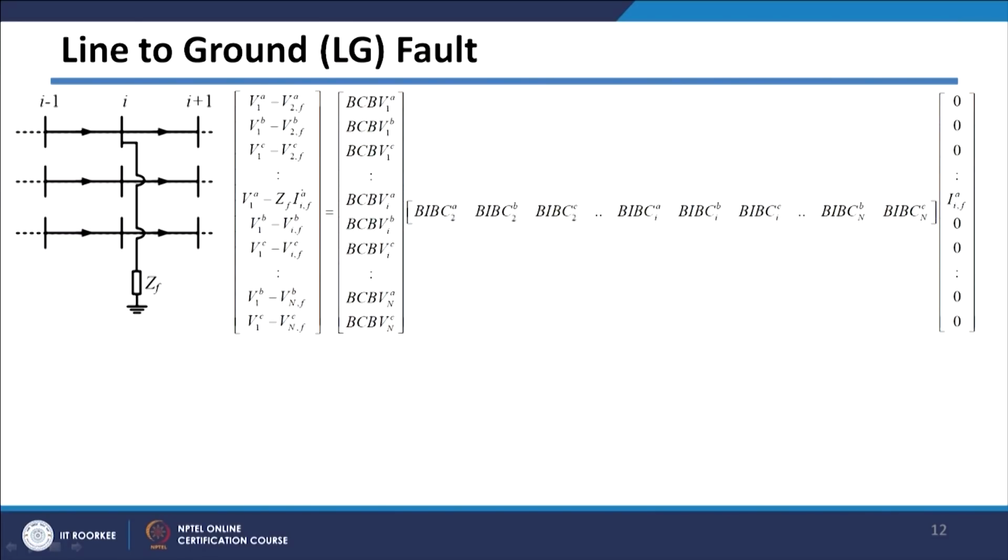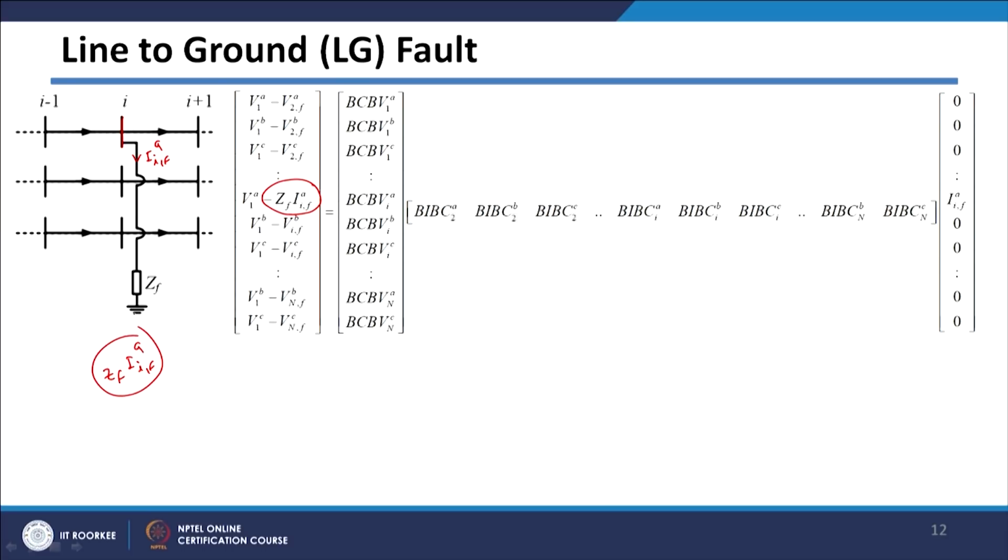During the short circuit calculation, we are also interested in calculating post fault voltages. So let us see how we can calculate these post fault voltages. Again, I am taking that same equation which we have got. Only in the BIBC and BCBV matrix, we have just changed this quantity here. As I told you, here the voltage will become ZF multiplied by the current which is flowing through this one, the fault current in A phase.